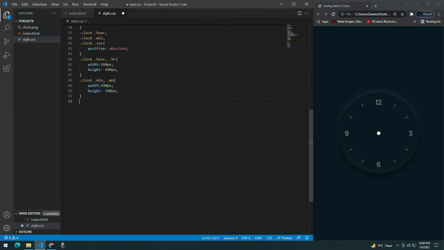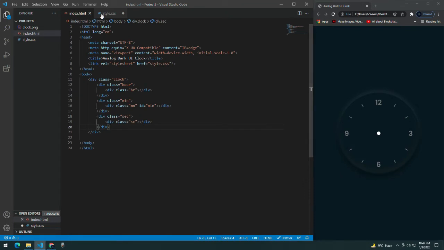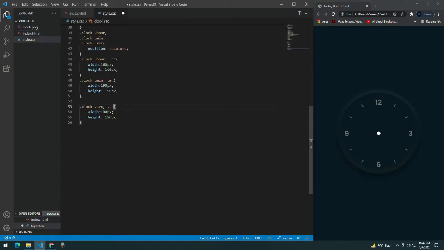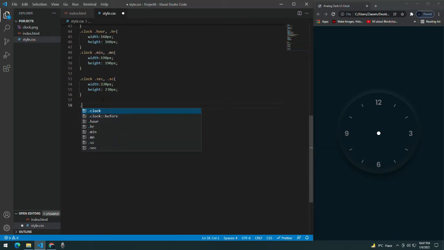And now let's copy it again and do it for the second as well, sc, you can see here, and give it a width of 230 and a height of 230 pixels as well. Okay, now I have basically made the length of the needles, but I will change it here for the hour, minute and second.